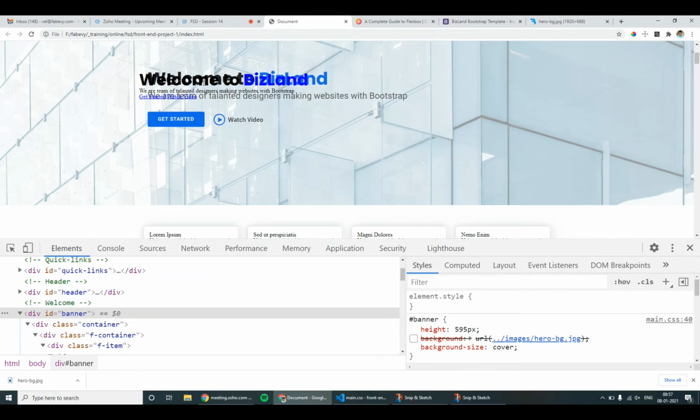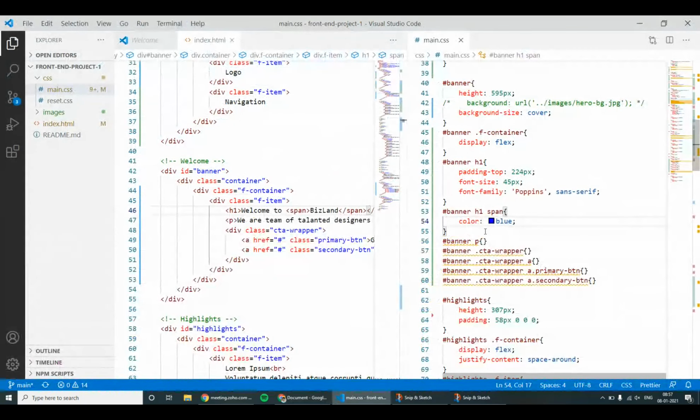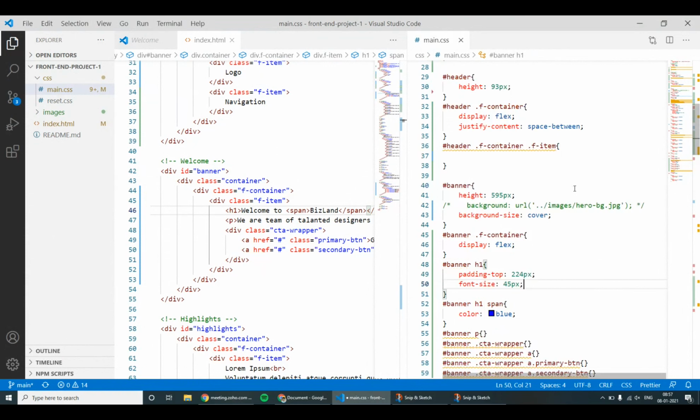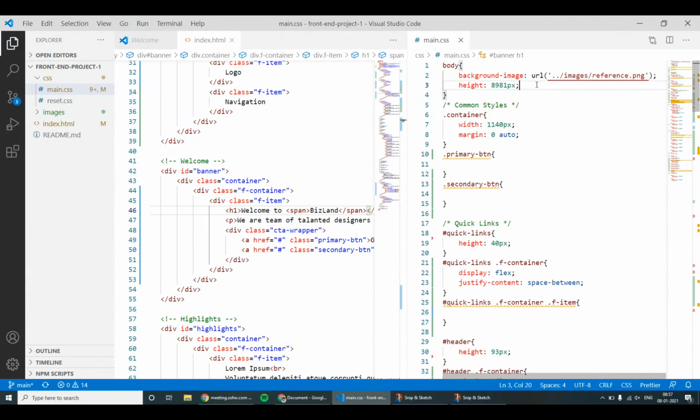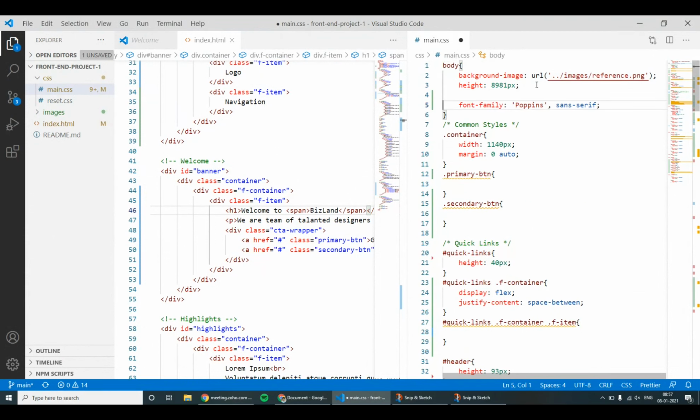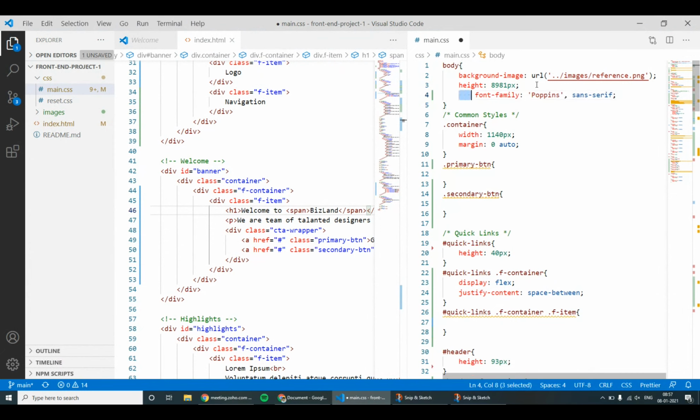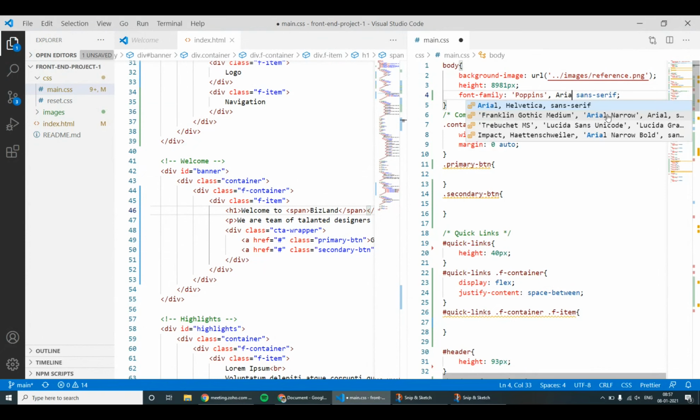That is the paragraph tag. We have to apply the same way, and then the button, the paragraph also. And mostly they will use a single font family for the entire web page. So you can give font family for body tag so that it will be applied for the entire web page, and it is safe to give some local fonts